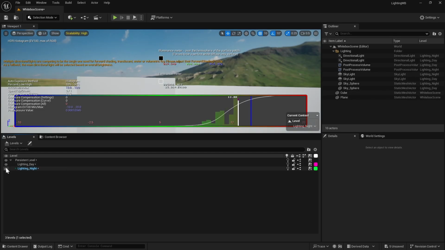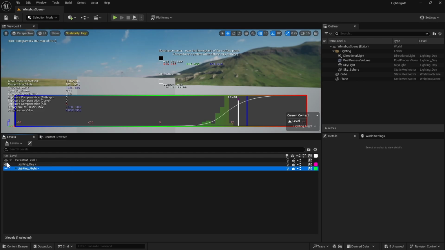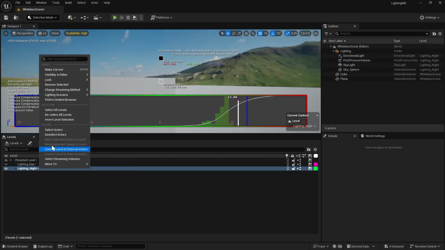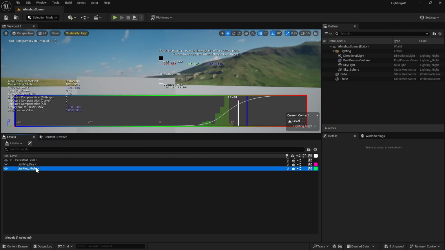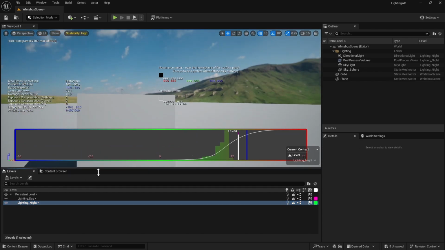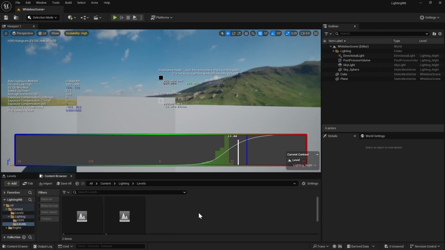So I'm going to hide day, put night on. We want to do the same thing where we change the streaming method to always loaded here. And in the content browser, we have this set up. This is obviously not night, so what we need to do